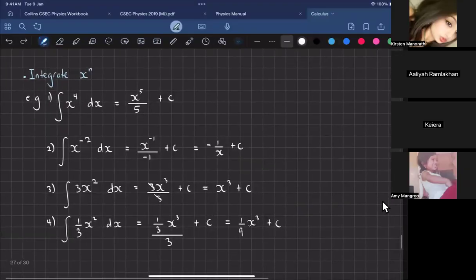That's it for basic indefinite integration. That's any form x to the power n. So is anybody confused by these examples? Alia, Kirsten,